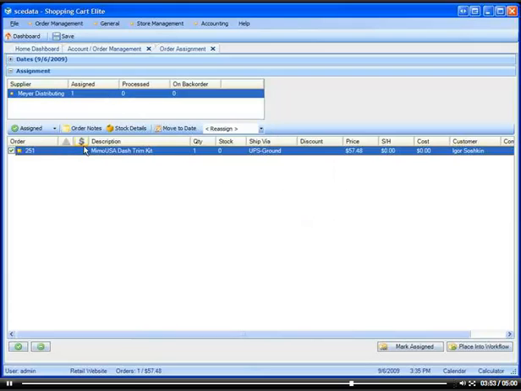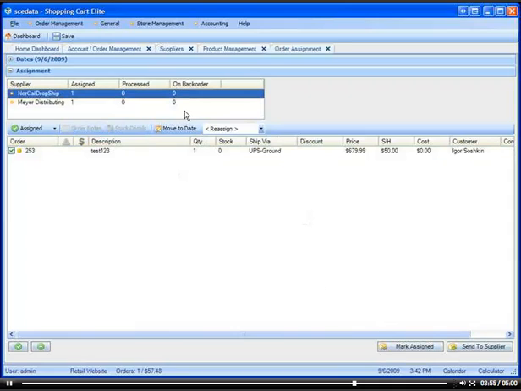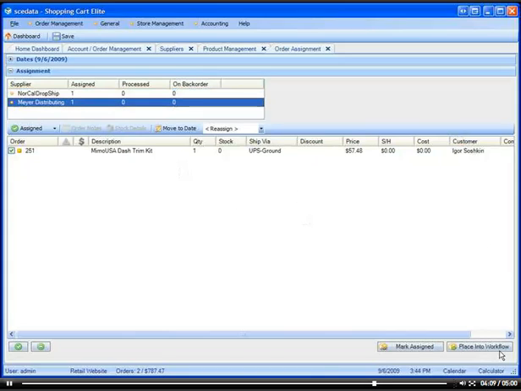Now once the order shows up here, again there's a critical mark there just in case you need to investigate what is wrong with that particular order. It tells you who the customer is, how it's going to be shipped by, how much they paid, etc. Once you're ready, you can either place it into a workflow, which will put it into your packing list to either manufacture or ship out manually,